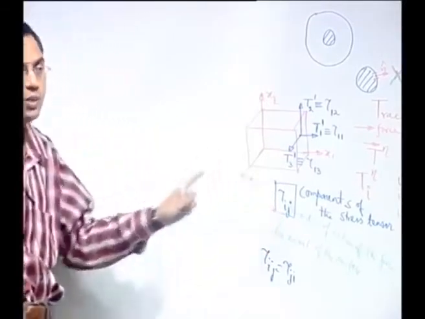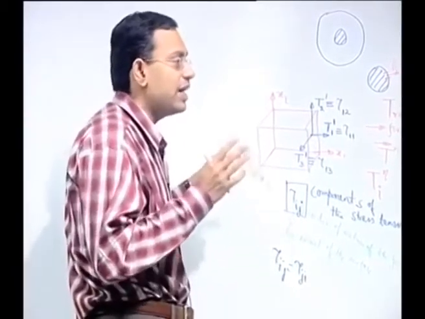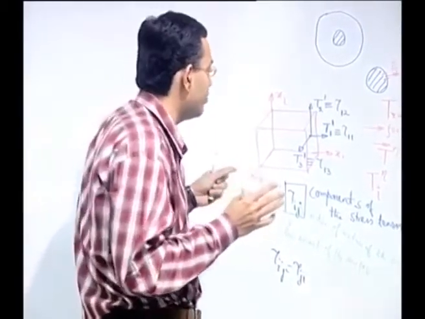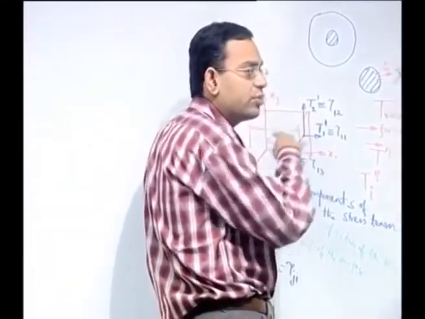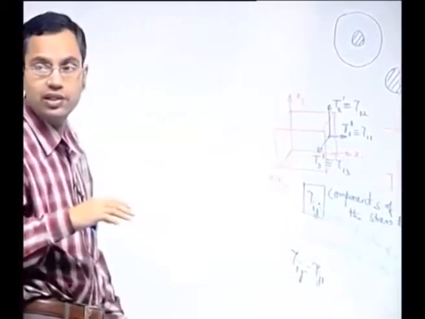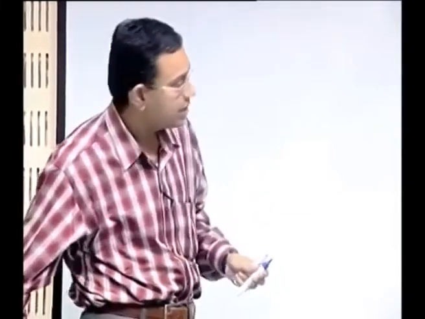When you have 6 independent components of tau ij, that is so nice, but that is a bit restrictive, because you can use those only for surfaces which are having normals oriented along x1, x2 or x3. But what happens for surfaces which are arbitrarily oriented, that is the normal does not coincide with either of x1, x2, x3? So to do that, let us consider a simple exercise.